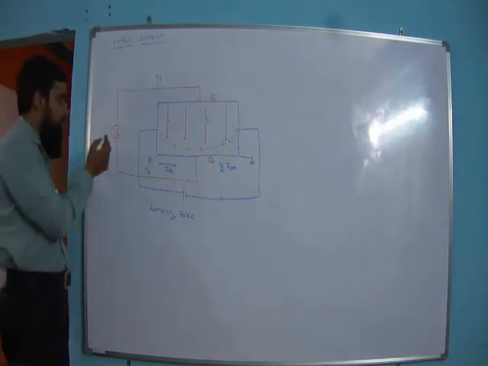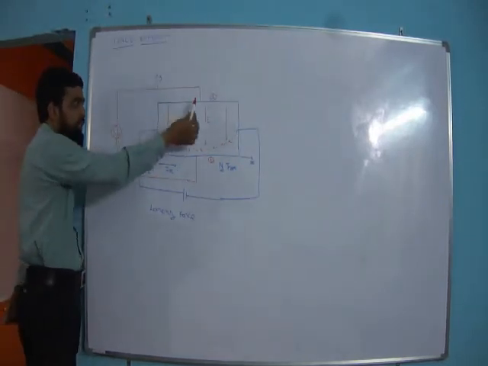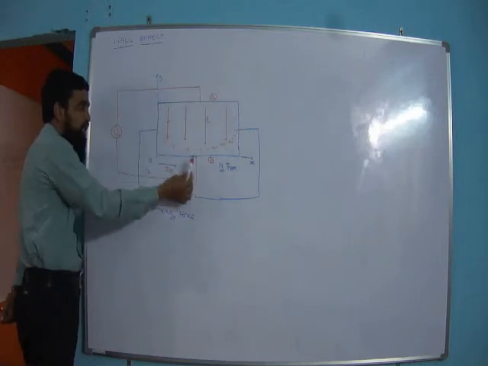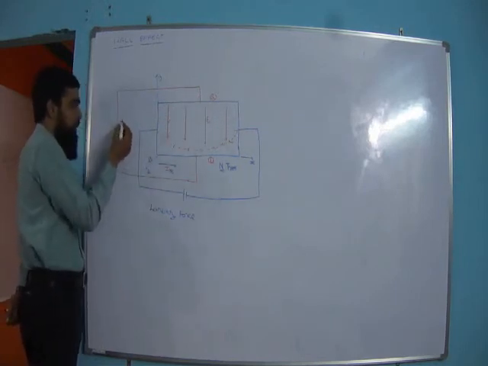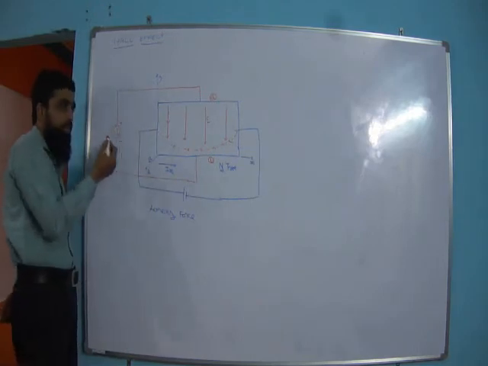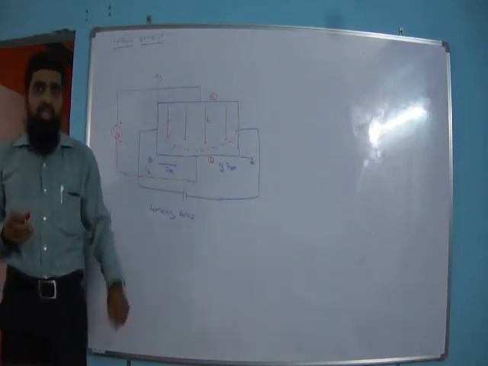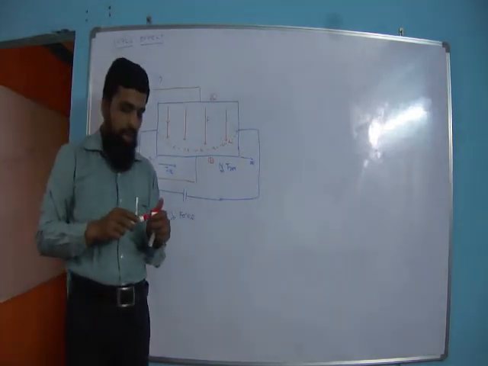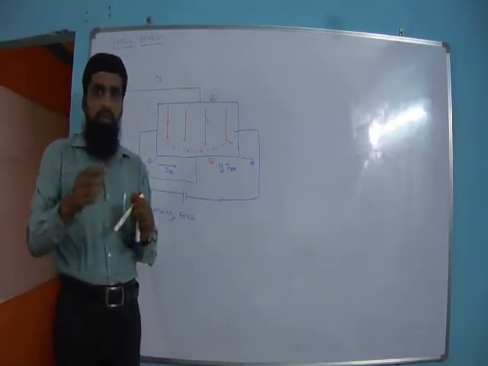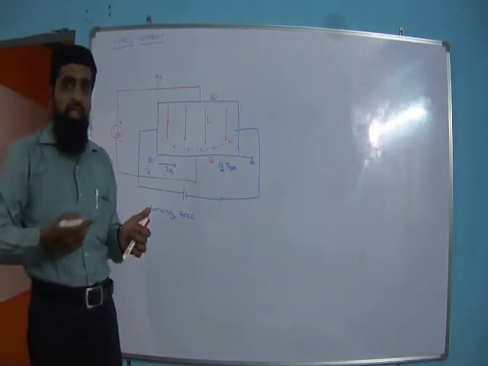Now what is the sign of this Hall voltage? As surface A is more positive, surface B is more negative, this will be the sign. Surface A is more positive with respect to surface B. Now this is Hall effect. Now let us see some of the applications of Hall effect. Before that, analyze